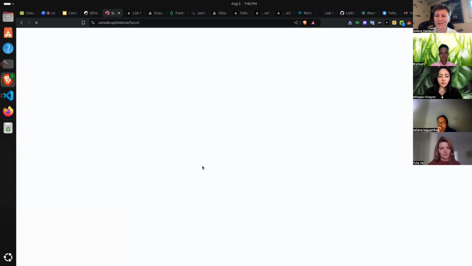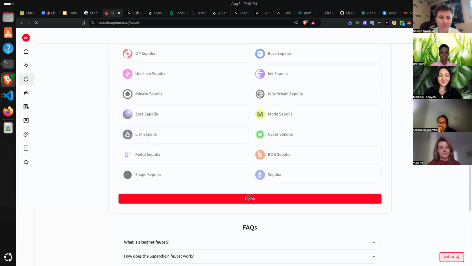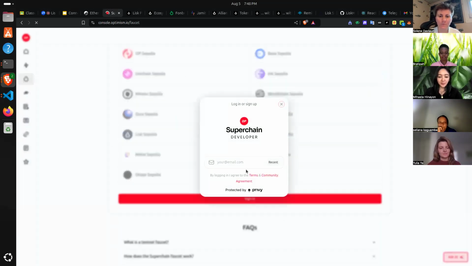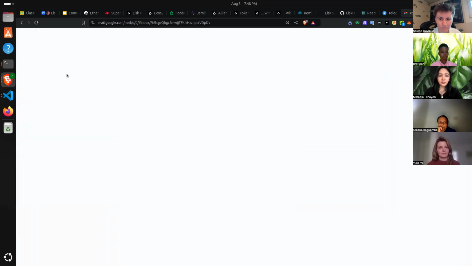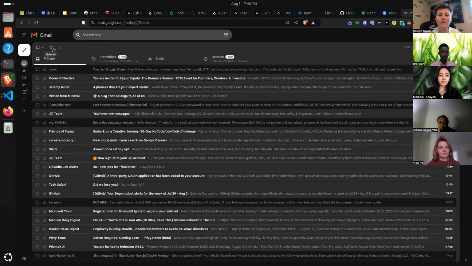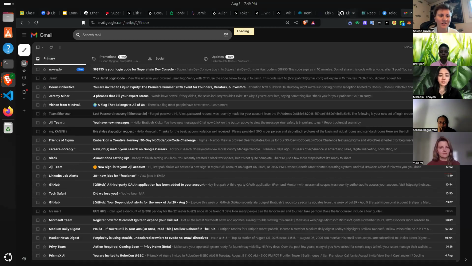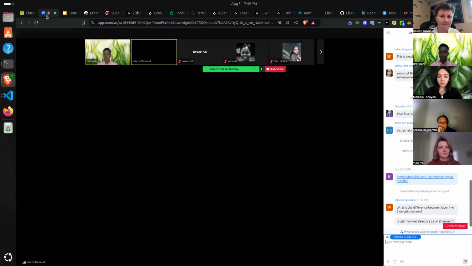Superchain is where you can find all the best layer 2s in the ecosystem. You can see Unichain from Uniswap, Base, Ink, Lisk, Optimism. Is Lisk mainnet already a layer 2 of Ethereum? Yeah, exactly. We do have mainnet, and we also have